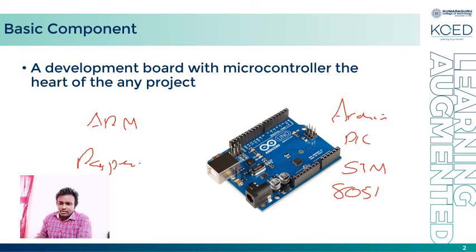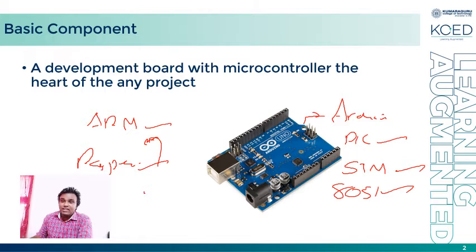Actually, these kinds of boards, an STM board is a processor and it is a controller, and ARM is a control processor, and in Raspberry Pi we are having the ARM kind of chipset, and in Arduino we'll be having different types of controllers based upon our requirement. There are different flavors of Arduinos available in the market. Individual boards have an individual kind of controller to process their own components.